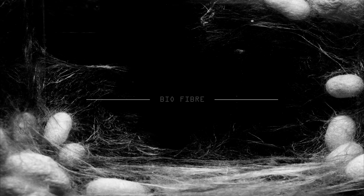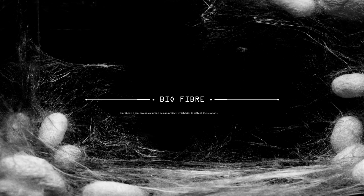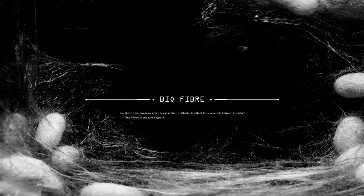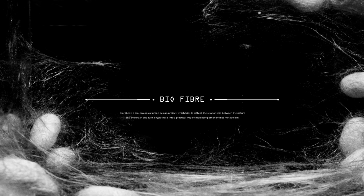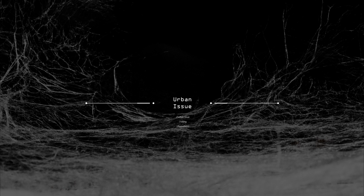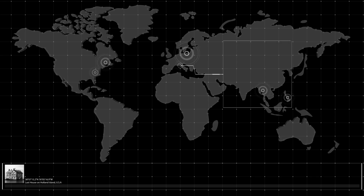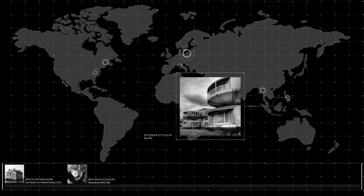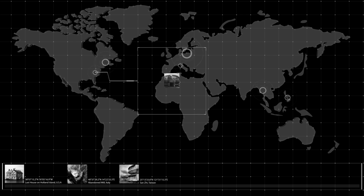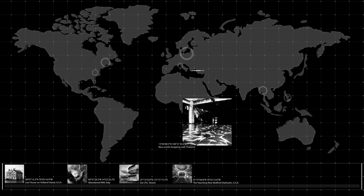Biofiber is a bio-ecological urban design project which tries to rethink the relationship between the natural and urban and turn the hypothesis into a practical way by mobilizing other entities' metabolism. The planet is increasingly occupied by constructions of human artifacts that have been abandoned for many years. Considering the possibilities that new entities would occupy abandoned buildings, we try to rethink the relationship between the natural and